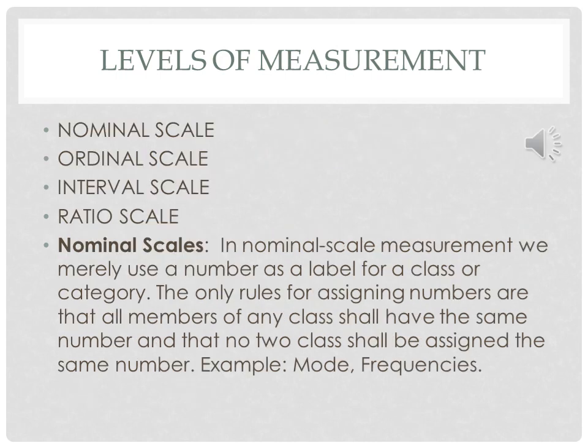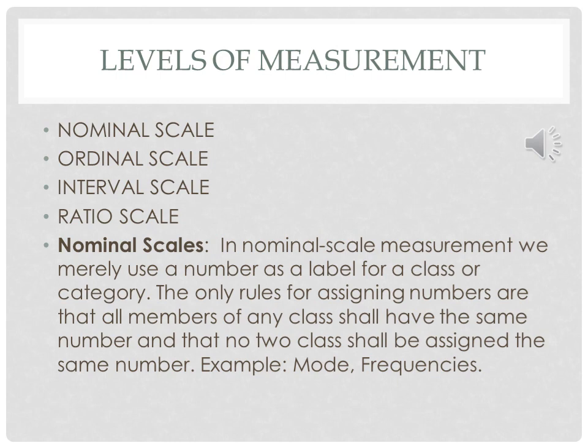So here we have these 4 different levels of measurement, and it is mentioned here: the first is the nominal scale, then the ordinal scale, the interval scale, and the fourth one is the ratio scale. We already said that we have 4 different levels of measurement, and when discussing the first one, the nominal scale,